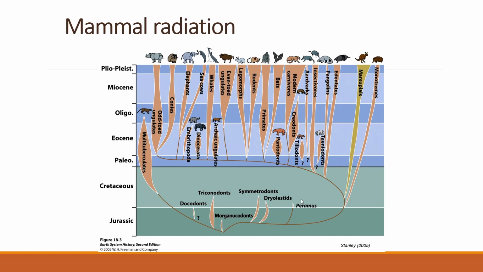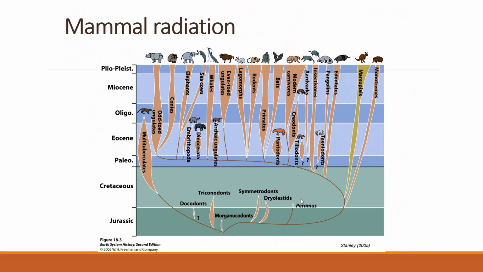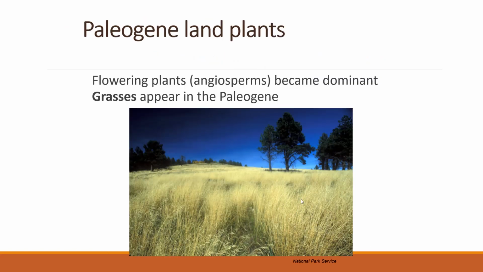So now we are going to get absolutely crazy once we get into the Paleogene and then eventually into the Cenozoic. Well, no, I'm sorry. The Paleogene is the Cenozoic. So once we get into the Cenozoic, mammals are just going to go crazy. Also, during this time, angiosperms, which are flowering plants, will become the dominant plants on land. We're going to have grasses appearing in the Paleogene. So this plant life is going to be helping mammal life diversify. It's also going to help